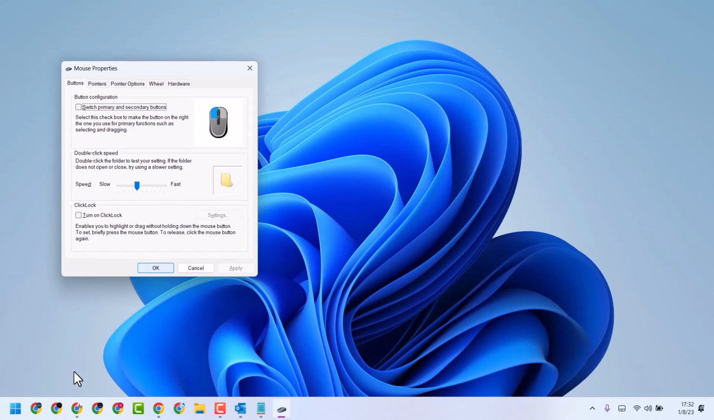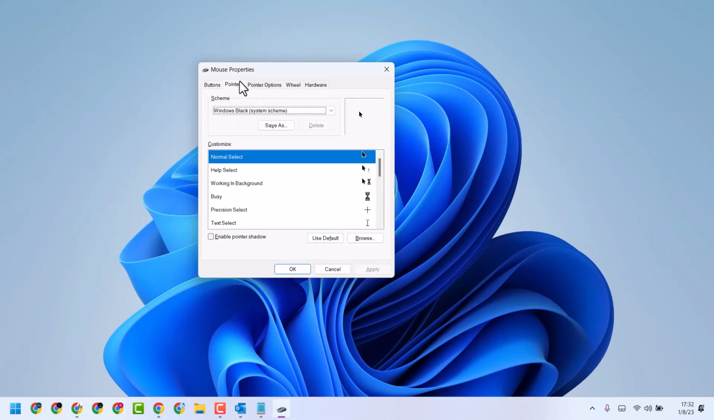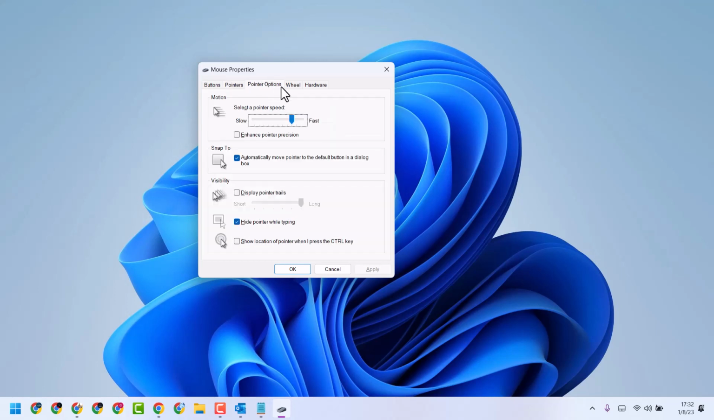So you will see this mouse properties. So here click on pointers. So here click on pointer options and make it in middle size. Then apply. Then click on OK